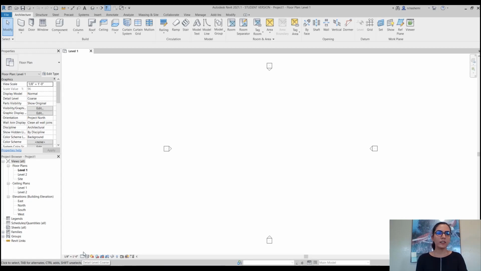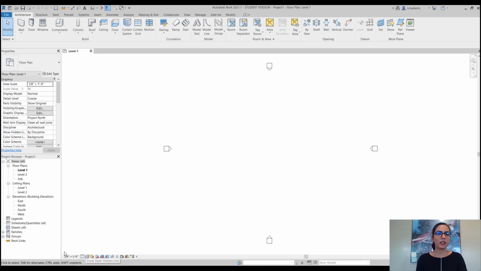This is the detail level that we can see. Coarse is the minimum, then we have medium, fine. I will show you the difference between these. And this is the visual style or graphic display of our view. So graphic display, detail level, and scale.